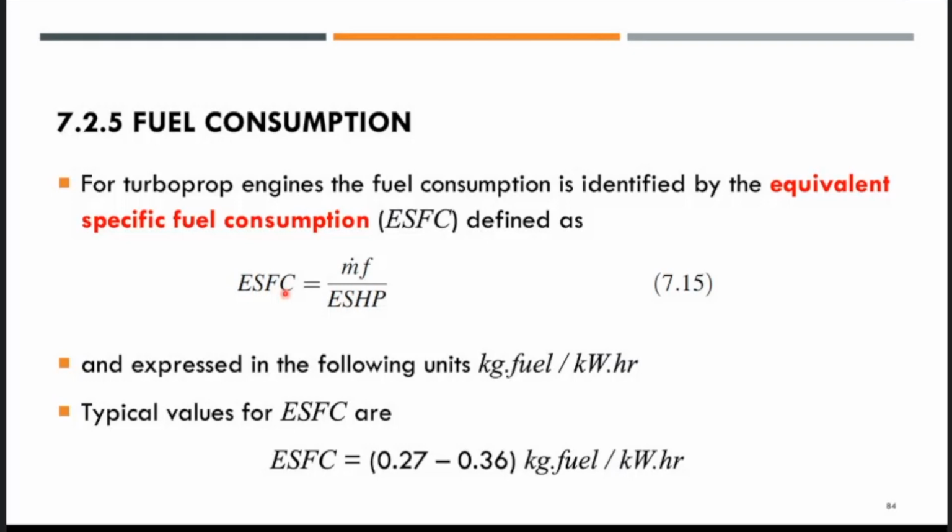For a turboprop engine, the fuel consumption can be identified by what we call the equivalent specific fuel consumption, ESFC. It is defined as the mass flow rate of the fuel over the equivalent shaft horsepower, ESHP, and you can express it in kilogram fuel per kilowatt hour. Typical values for equivalent specific fuel consumption are around 0.26 to 0.36 kilogram fuel per kilowatt hour, depending on the type of the